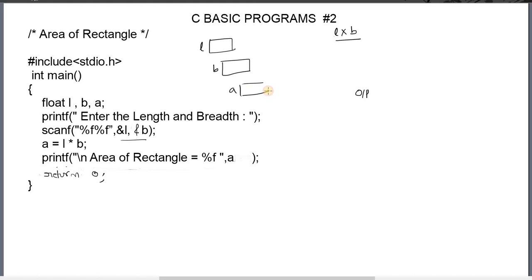The variable we can declare with any name, but if you take a suitable name, then it becomes easy. This variable type is float, so each variable will take 4 bytes of memory. Each variable can store one float value.